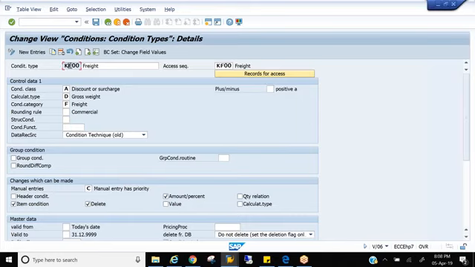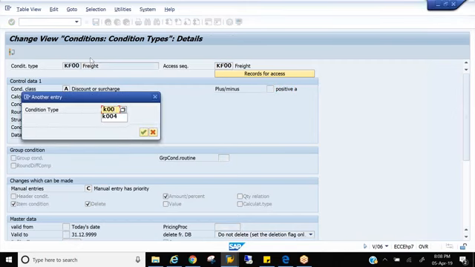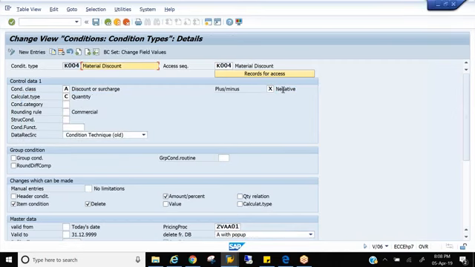You see freight. Freight means surcharge. Surcharge means it is positive. But if I go to K004, which is a deduction, you see negative. That means even though it has the same condition class, the system will identify by seeing this plus or minus.